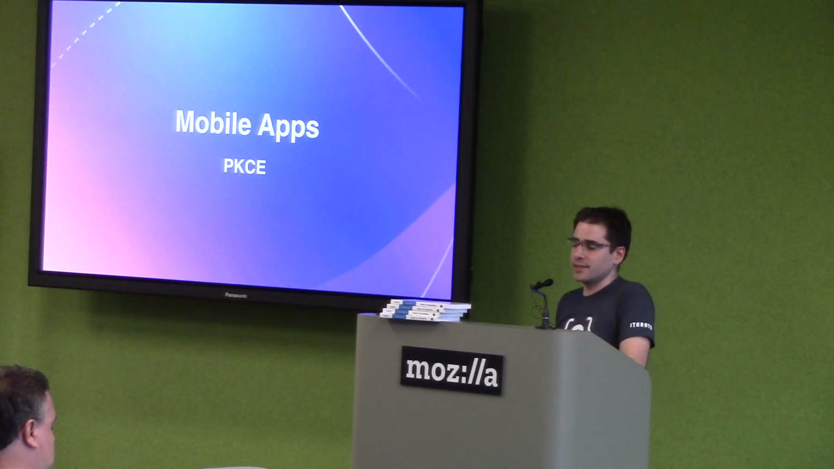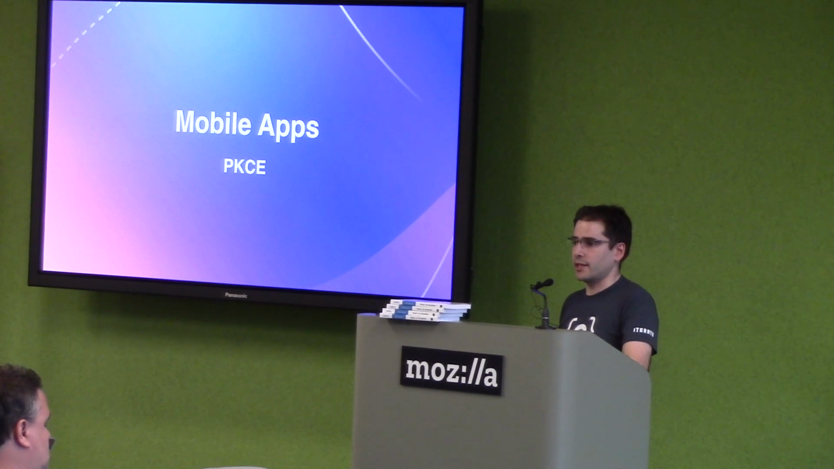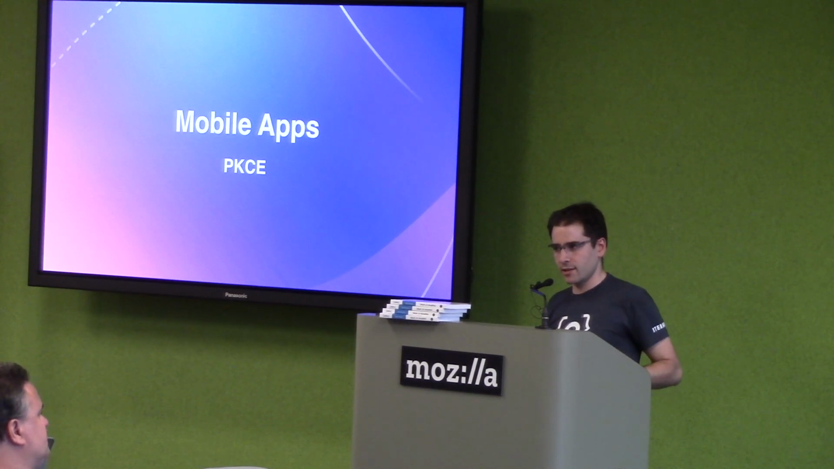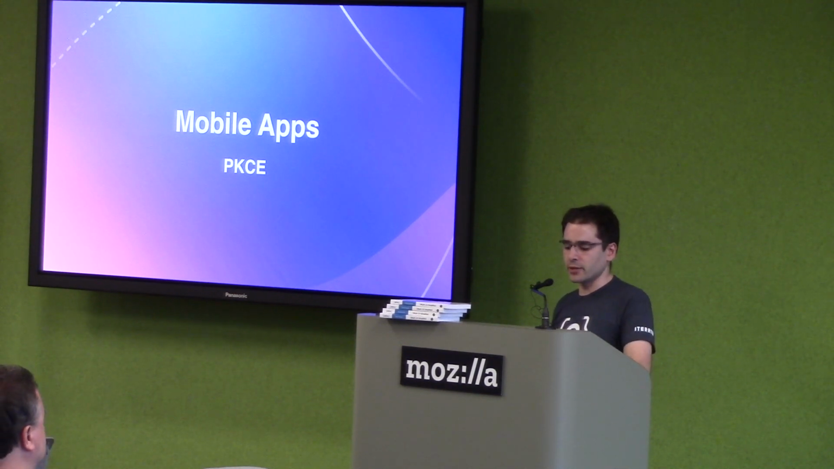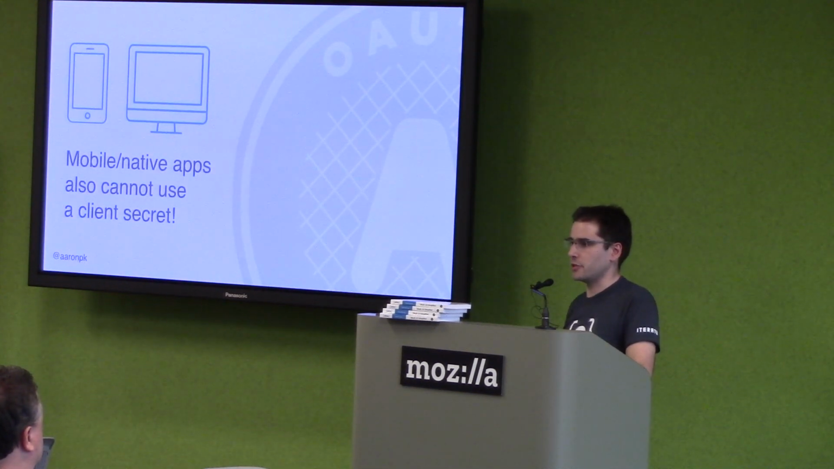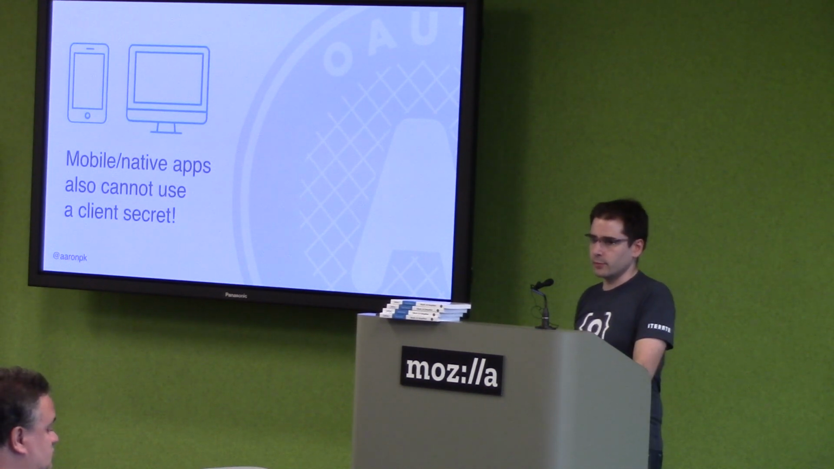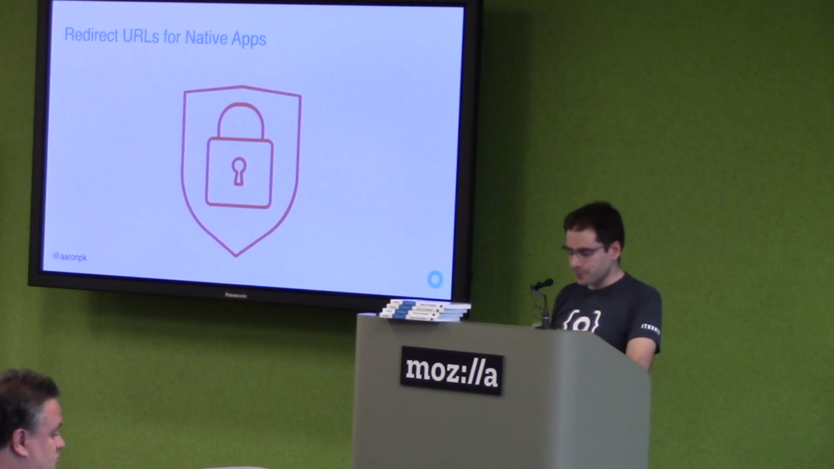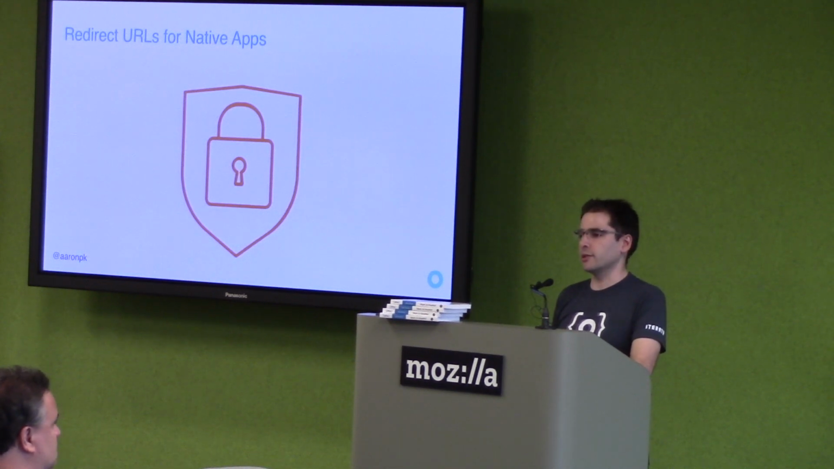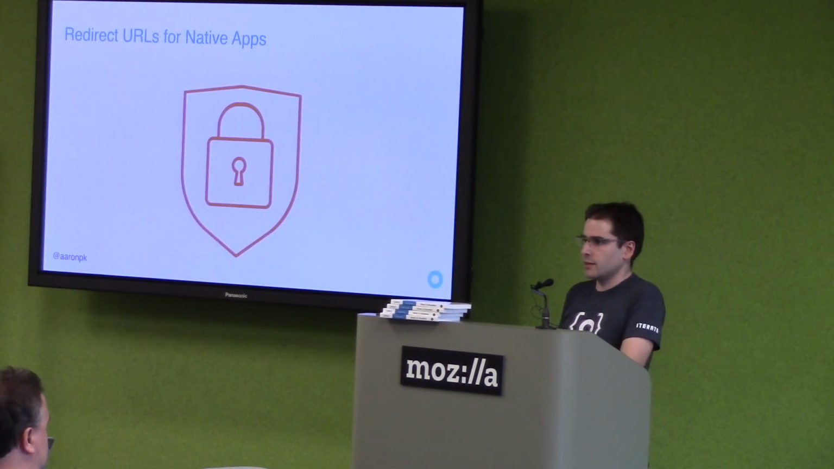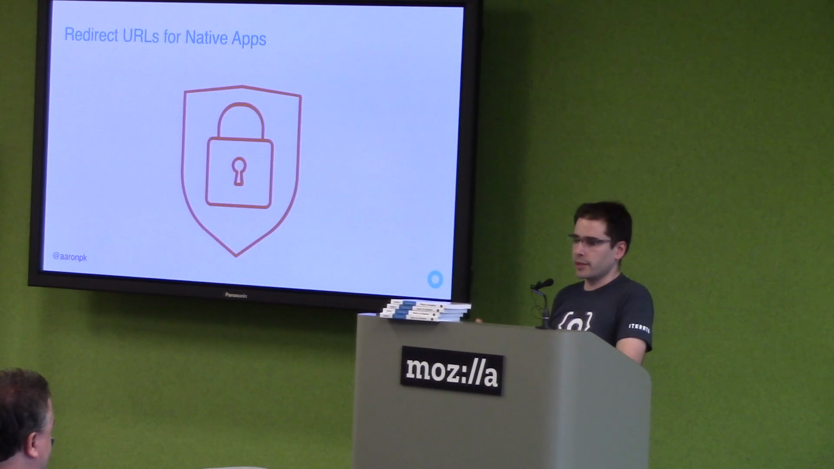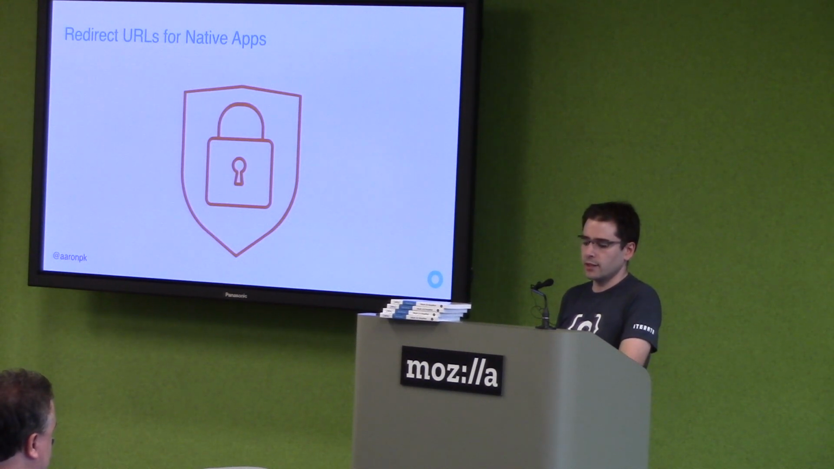So the next use case I want to cover is mobile apps. And mobile apps, like JavaScript apps, also can't use a client secret. The other big difference between mobile apps and browser-based apps is the way that redirect URLs are handled. With a browser app, with an app running in a browser, we have DNS, we have HTTPS,